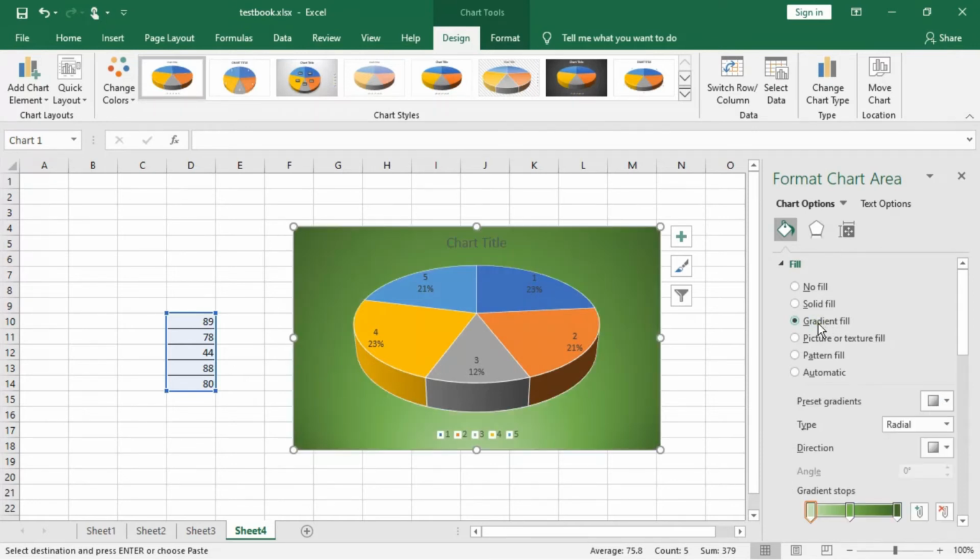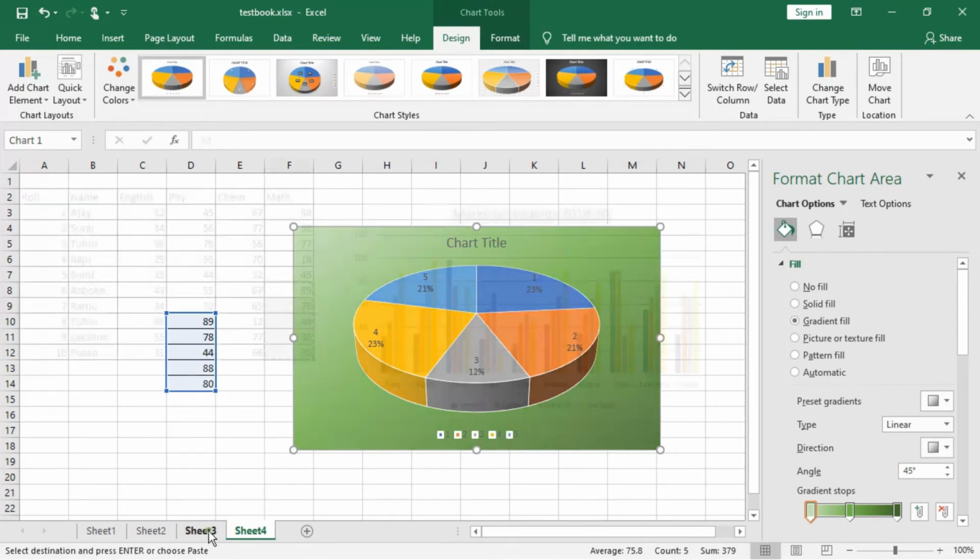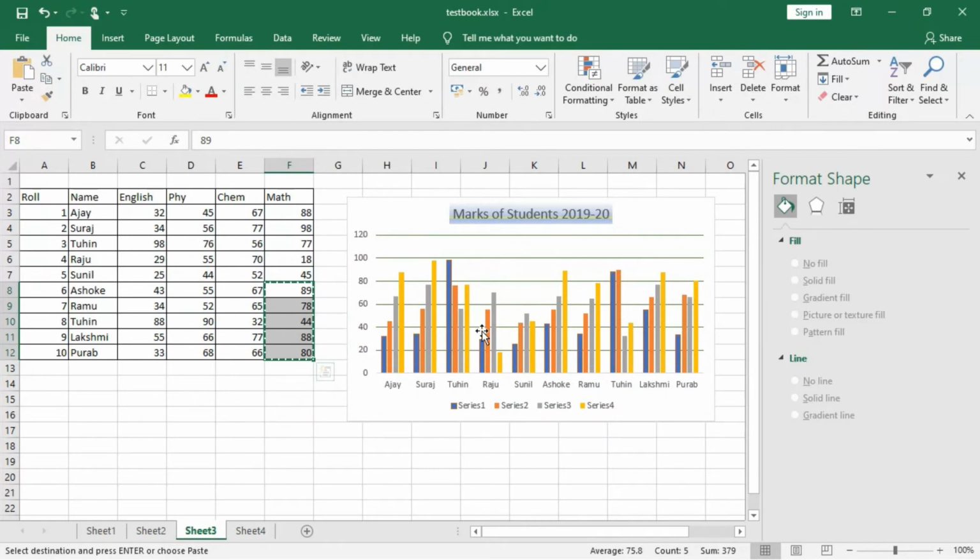You can see the gradient fill once more. The radial, if you want, you can fill, and linear also will be in this way. So that is the way how to do the pie chart. And you have just made a comparison chart, and the chart should be made in such a way that it can be easily understood from the chart what you are actually going to say.